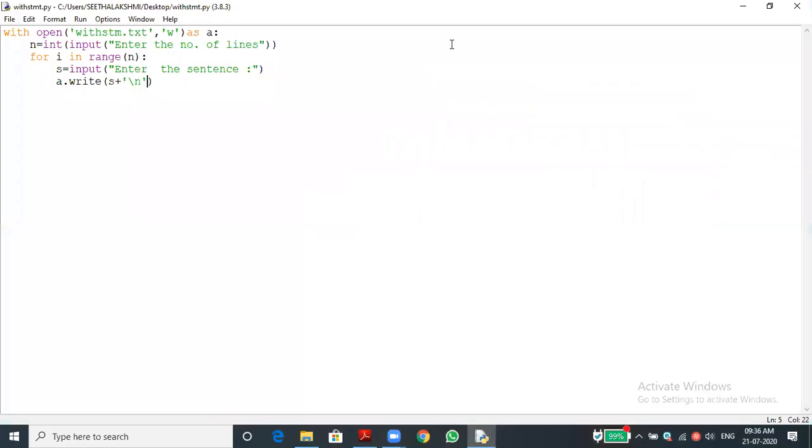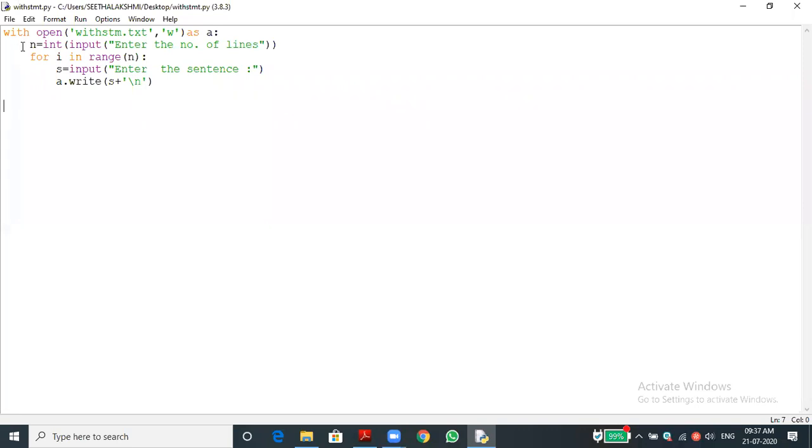So students, you learned how to use the for loop also within the with statement. It's the general format only, the first statement alone is different. The rest is the same, but you should keep the spaces in your mind, and you should not forget the colon. That is a very notable point. The syntax using the with statement is: with open of file name, comma, mode, as file object.